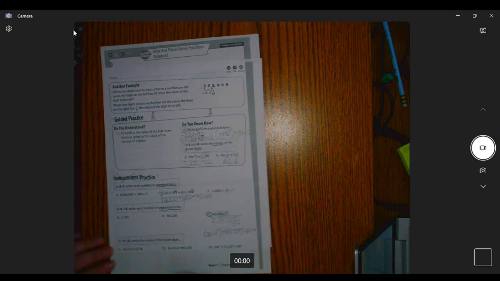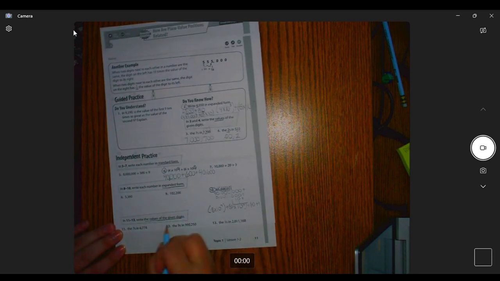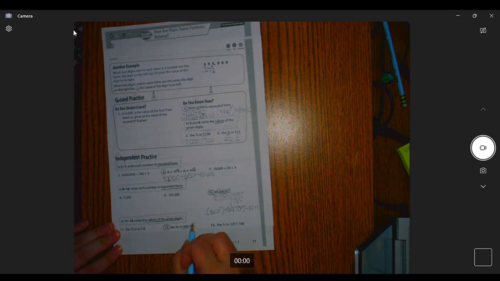Okay, let's look at the values of given digits just to review that skill. And I'm going to look at number 12. So the 9's in 990,250. What's this first 9 worth? Let's count the place. Ones, tens, hundreds, thousands, 10,000s. Right. So how many is that? You're right. It's 900,000. And what place is right behind hundreds? Right, tens. So